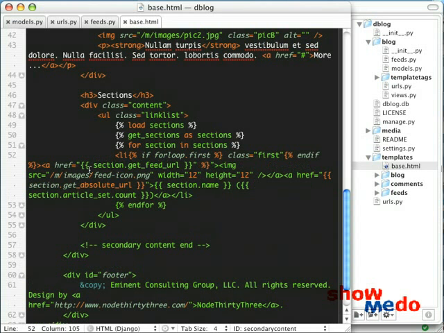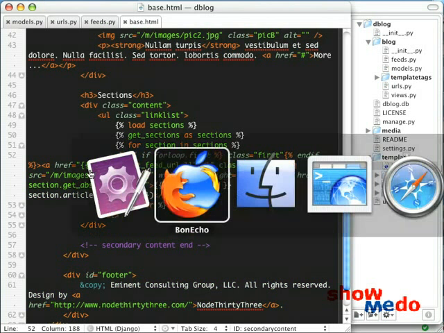Okay, and I'm going to add one more thing. I forgot to add the style reference here for the href, so I'm going to go ahead and add that in, and that's just a class. I think I called it feed. So we do that, and we can go back to our web browser,